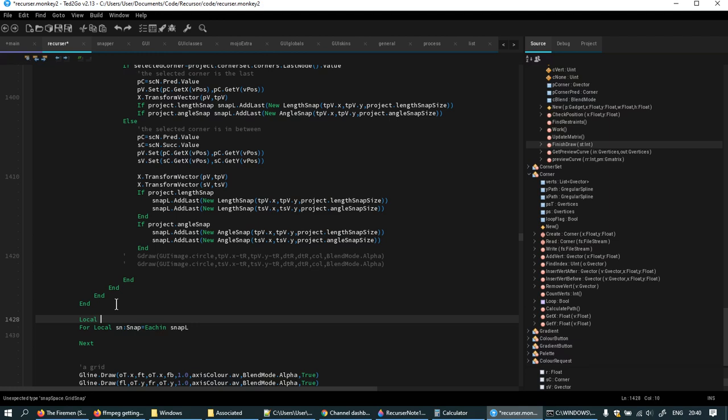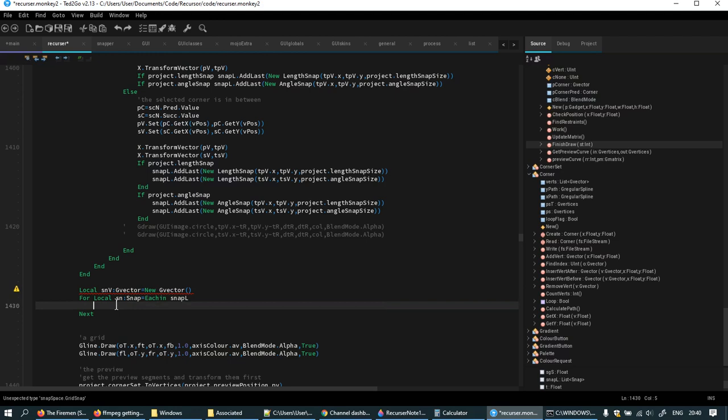Here I will say snap vector, g vector equals new g vector, and what's the problem with that? I'm just going to leave it for a second. And I will say